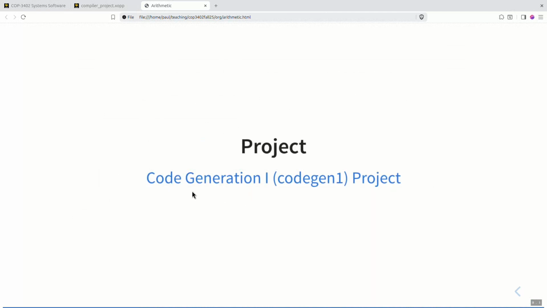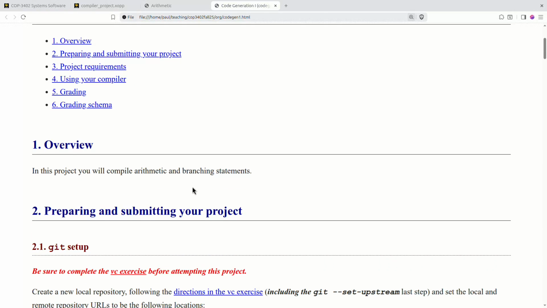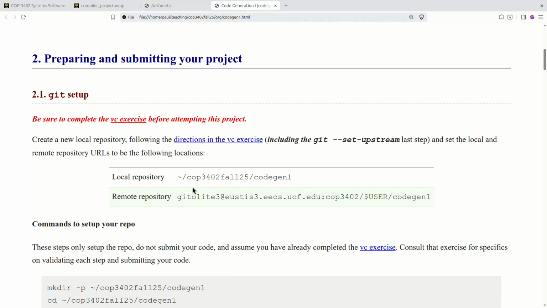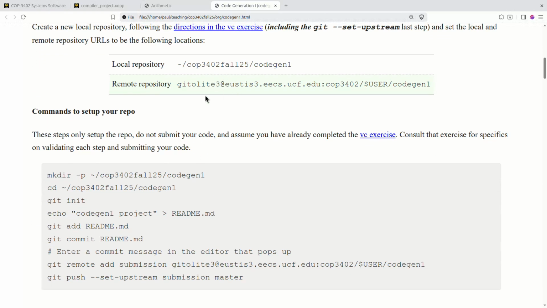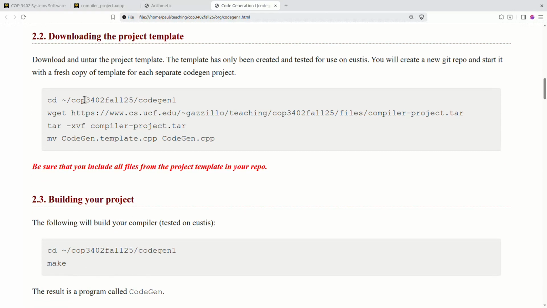Okay, let's take a look at the project. So using Git, just like before, I just point you to the VC exercise. This is what the repo names will look like. Copying these is easier to make sure you don't make mistakes. A brief on how you can set up your repo in Git. There's a project template here. It's kind of like Intro Post, where it gives you a grammar and gives you the